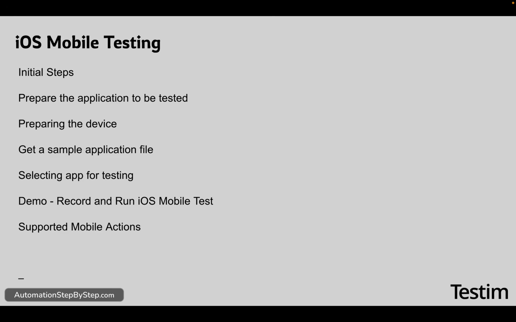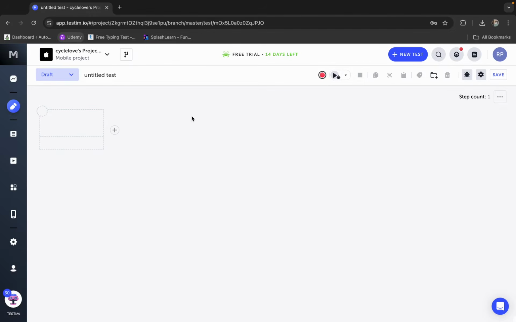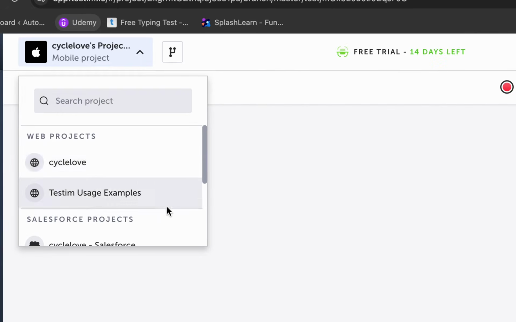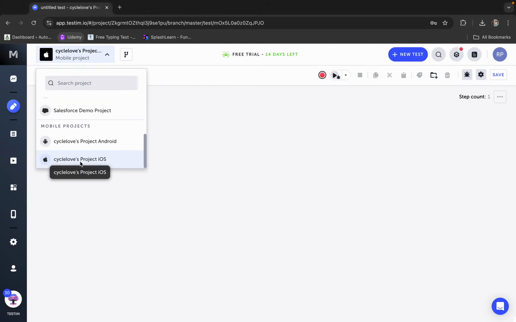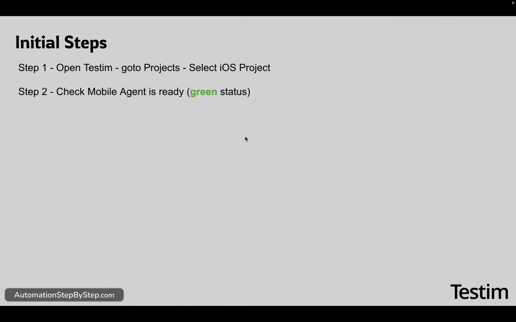So here we will now start with the initial steps for iOS testing, and for this you can open your Testim, log into your account, and then when you go to projects you will see an iOS project. So if I go here, I am already logged into my Testim account, and if you go to the projects and scroll down, you will see there is a project for iOS, and this is what we will use. If you have to do iOS testing, you have to use the iOS project. So you can click and select the iOS project,